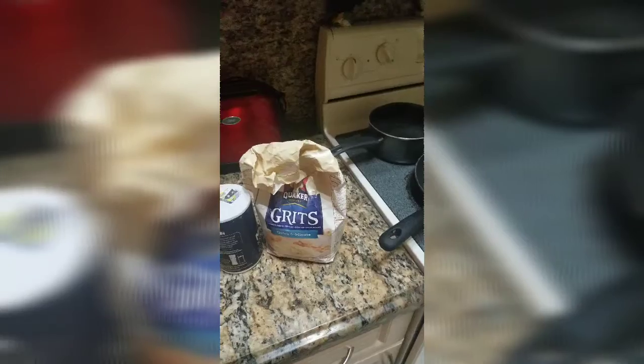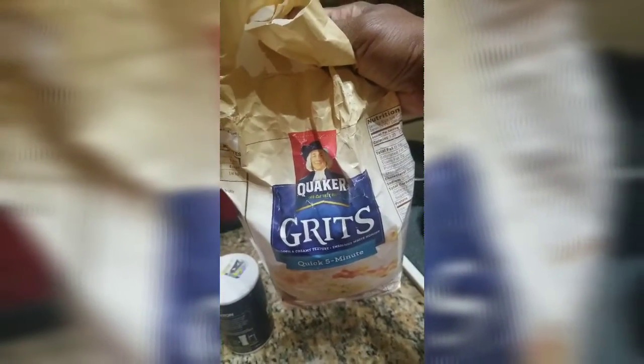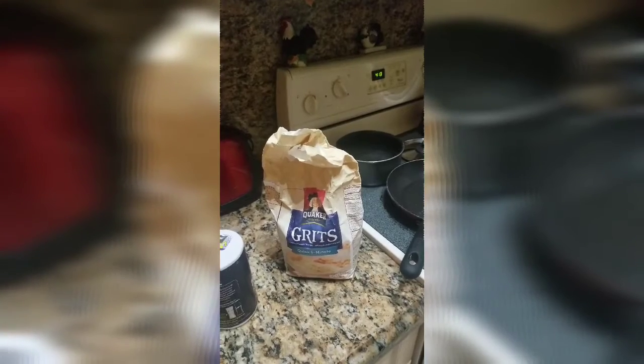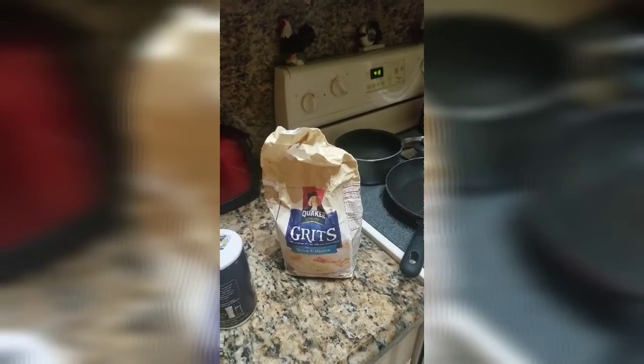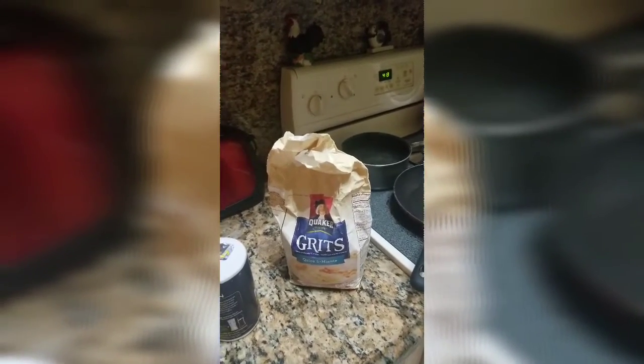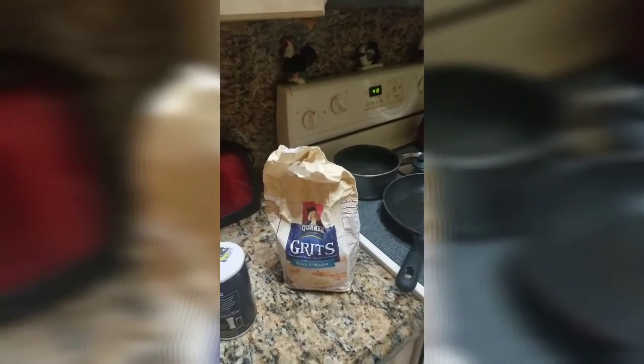So, this morning, I have this bag of grits. You guys can basically follow the directions on the bag. The bag says Quaker grits and it gives you like 5 minutes to cook for quick grits. But for me, I think grits just needs to take a little bit longer to cook. If you want to cook it in 5 minutes, your choice if you like to have gritty grits. But for me, I have to cook it at least a good 15-20 minutes for the grits to be nice